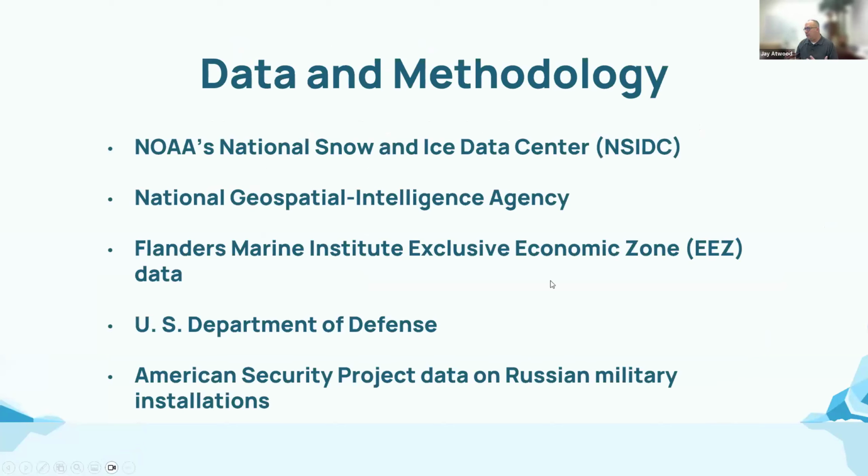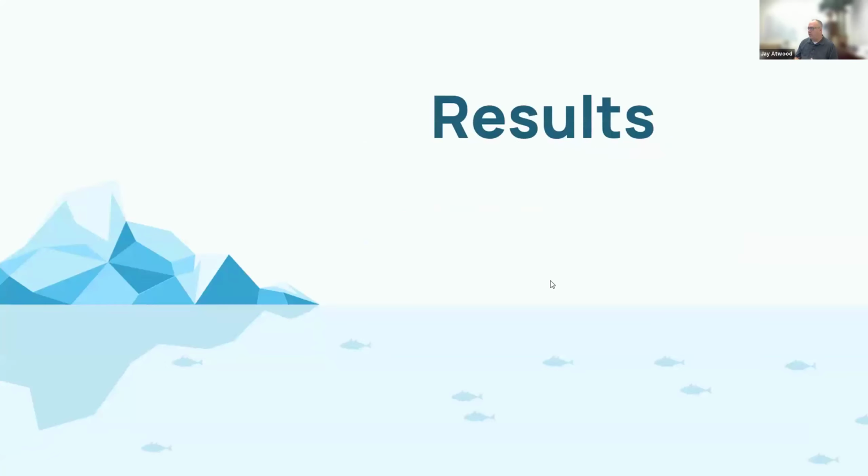For the data methodology, I accessed NOAA's National Snow and Ice Data Center, which houses monthly data on the ice extents. It goes back as far as 1979 and as recent as November of 2024. I used their data to average and compare the ice extent data since 1979. I also accessed the National Geospatial Intelligence Agency's data set, the Open Arctic application,